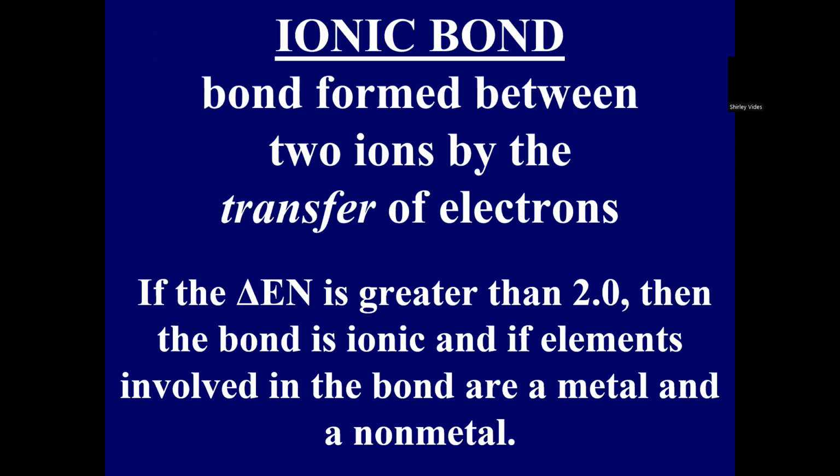Okay, so ionic bonds are formed between two ions by the total transfer of electrons. So what does that mean? That means that if you're a metal, you're going to give the non-metal your valence electrons, and the non-metal is going to take them completely into their shell. So that is what is known as an ionic bond, because both of them form ions as they are doing the bond. And once they have formed the ions, they are held together by what is known as an ionic bond, which is